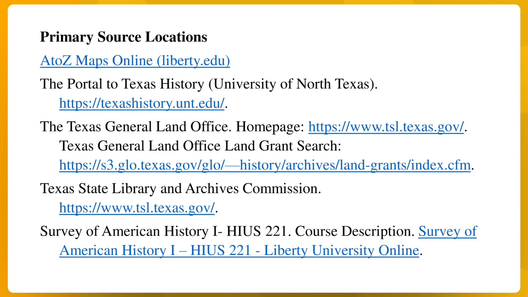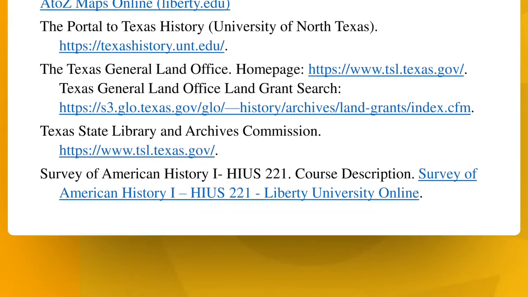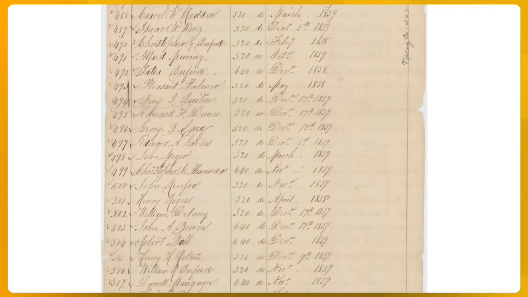Locate the following databases to inform your project. Access each and look at the sources available. In the third source listed, search to find an original land grant from the period of the Republic of Texas, 1836 to 1845. Pick one and talk about this person in your video, or in the last paragraph of your paper before your conclusion. List their name, how many acres they claimed, and when this claim was settled and where